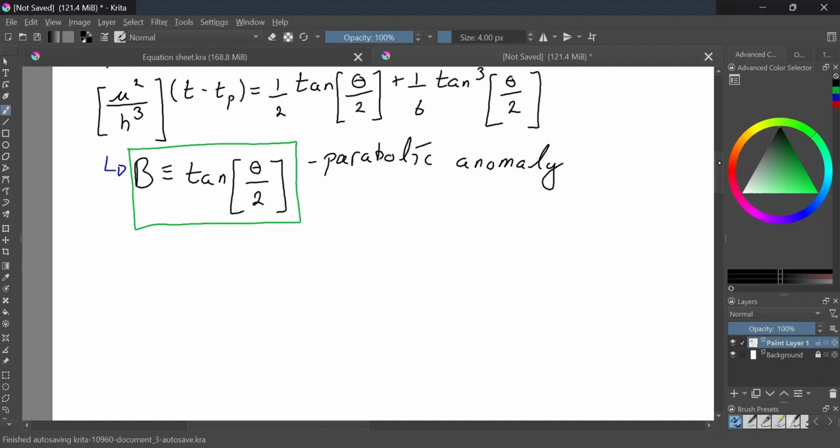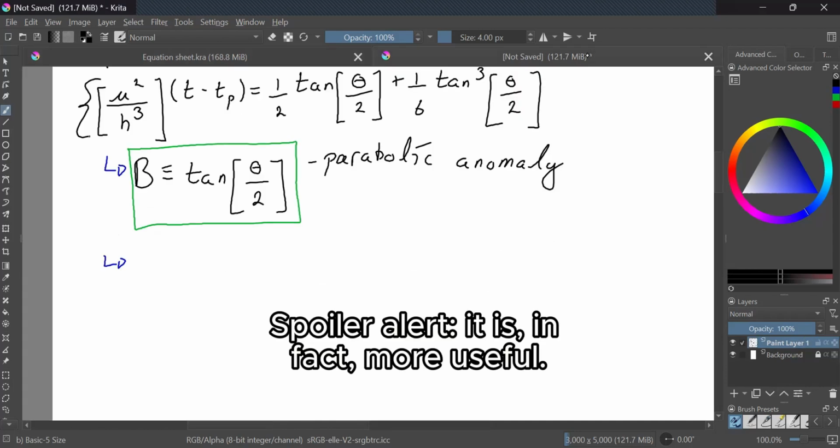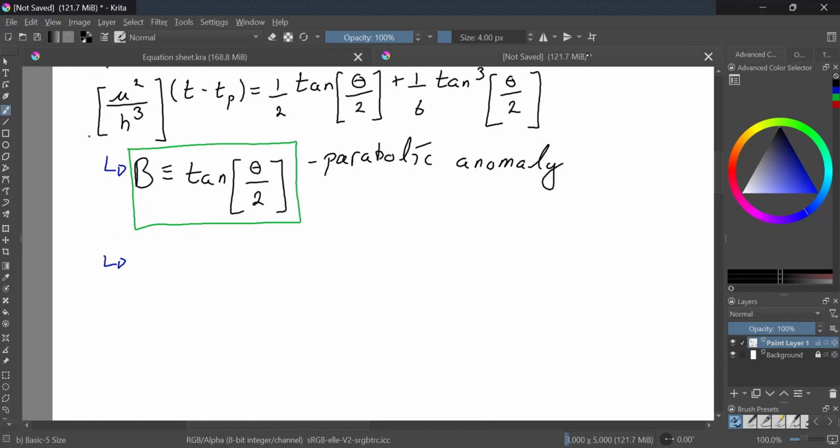I keep doing that. Last thing that we're going to do before we write the final version of this equation, I'm going to make another side note here. And we have a term of mu and h. And so going back over to here, we can perhaps make that a little bit neater by taking that h and converting it to p. It might be more useful, might not be more useful. At least when I was prepping for this episode, I thought it was a lot more useful, so that's what we're going to go with. So the angular momentum is equal to the square root of the parameter p times the gravitational parameter mu,